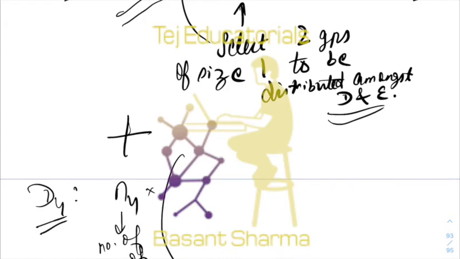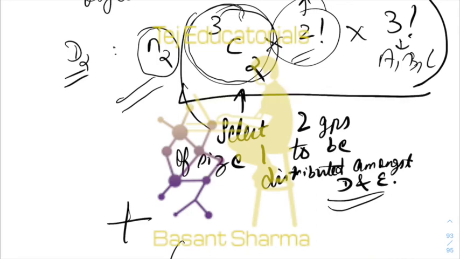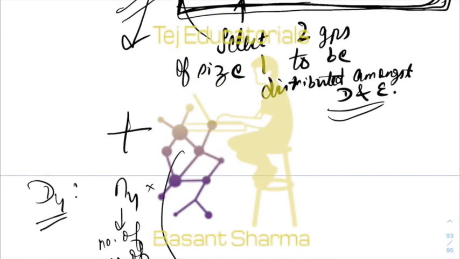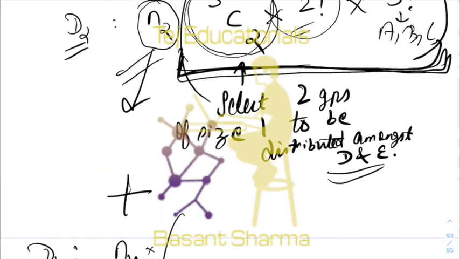Once you have formed the groups, now you want to distribute those groups. So that is this part. This distribution is this part. This is the formation of groups, n2 and n4, and this is the distribution of those groups. That is not taken care of by n2 and n4. N2 and n4 are just ways of grouping: which object goes to which group. Now which group will go to which person? That is the distribution problem. That is this part. So similarly n4.